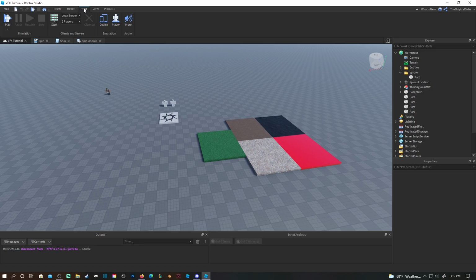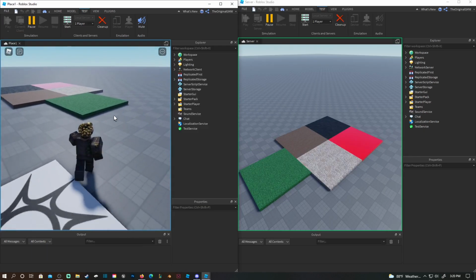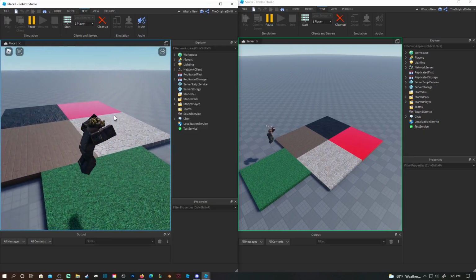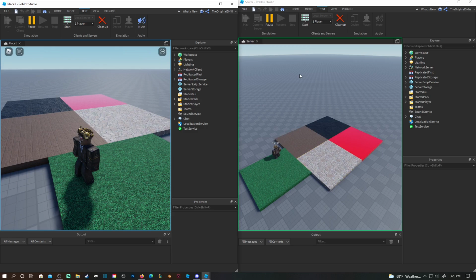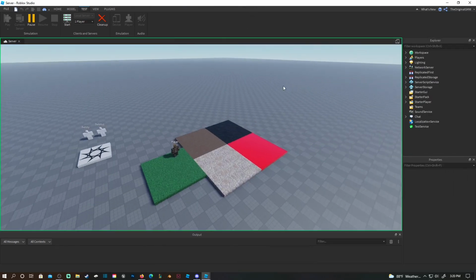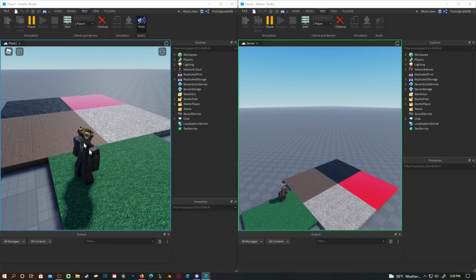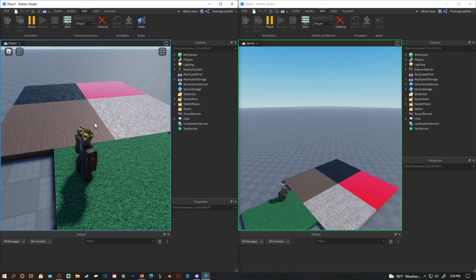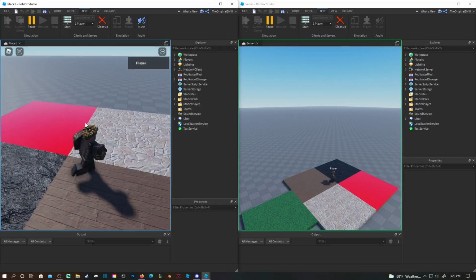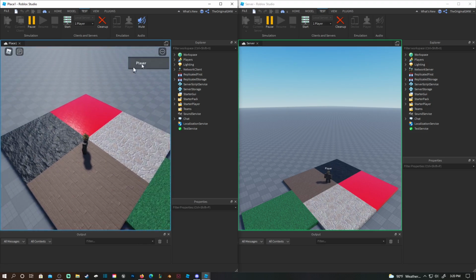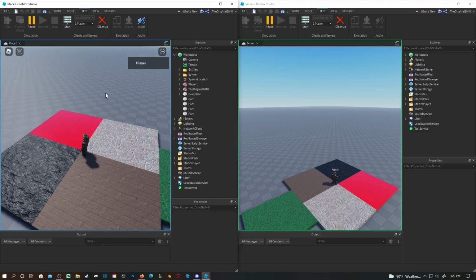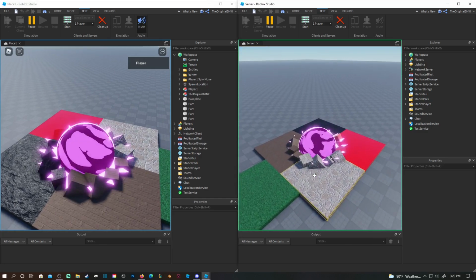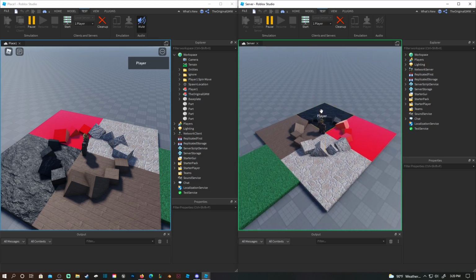So let me do a 2-player test, right? Or actually a 1-player test will suffice. Alright, so now that we got the server loaded up, you see how the character shows up in the server side. This is what the server sees, everything right here, and this is what the client sees, right? So these things can be different. If I use the move, you see the effects on the server side,